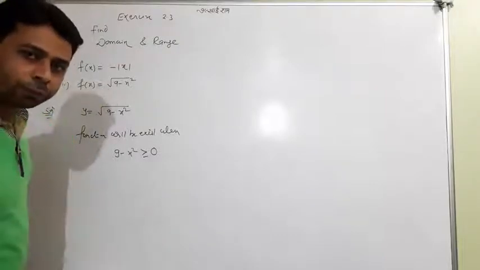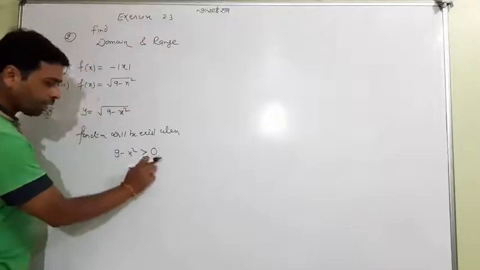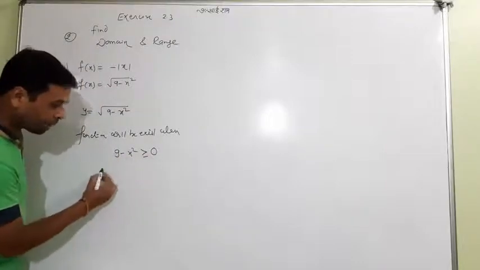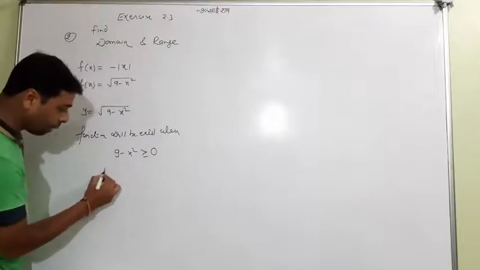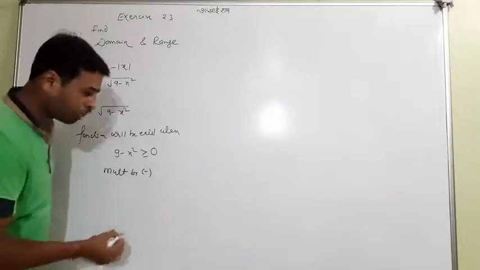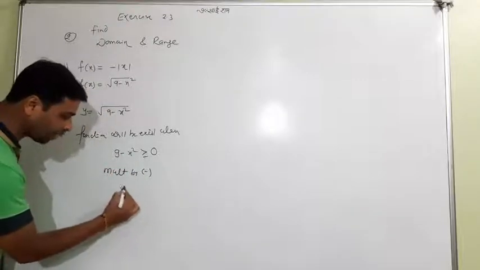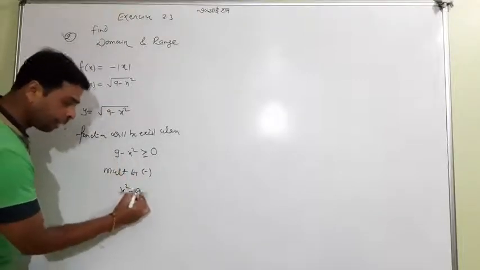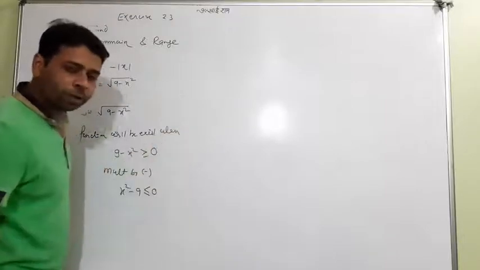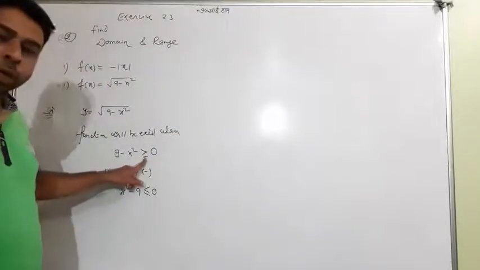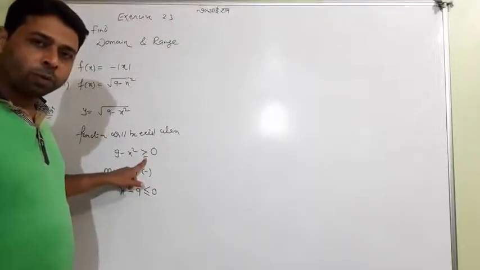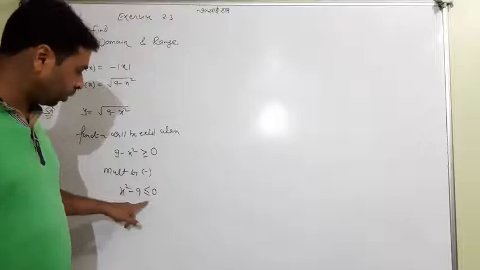Look at how we can find the values of x. First I want x square to be positive initially, so I will multiply by a minus sign. It is not necessary, but it is easy. When I multiply by a minus sign, it becomes x square minus 9, and you know that this sign will change. I recently taught you that in inequality cases, with less than or equal to or greater than signs, whenever you multiply by a minus sign, the sign will change.